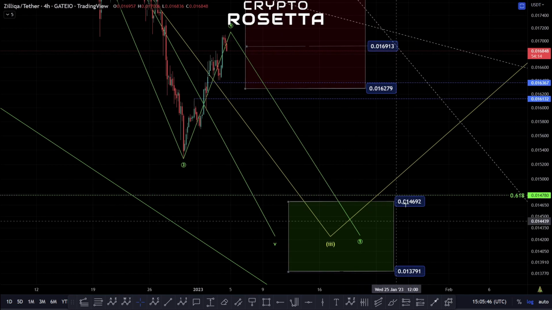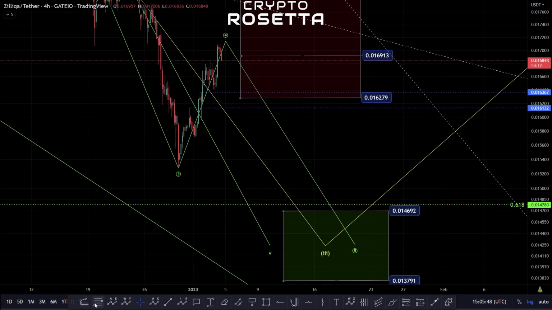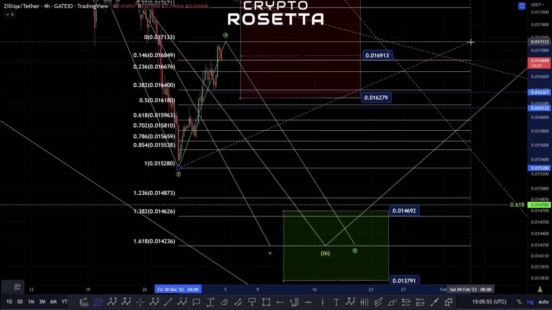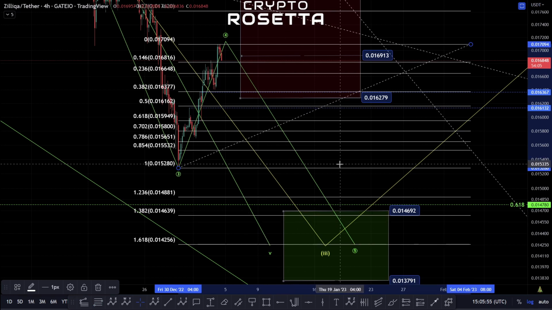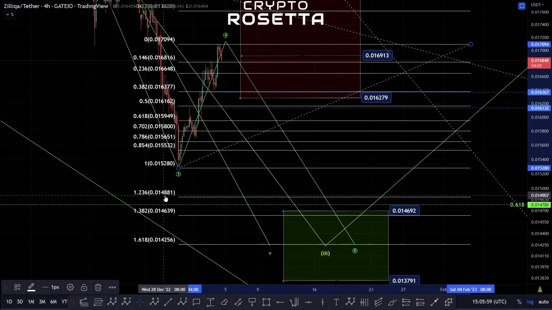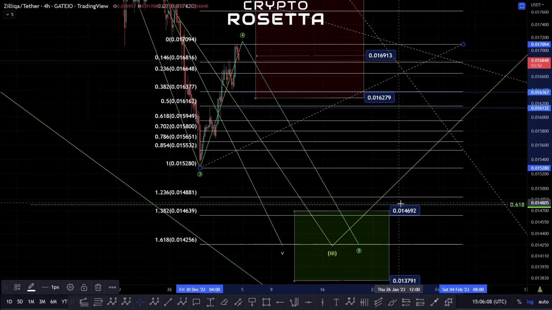So if we do look to break down, this is the target area that I'd be looking at. This is probably adjusted slightly because I think I worked this off of the 0.382. So let's have a look. So if we do actually just have a direct sell off from here, the area I'd be looking for is this 14881 to this 14256. Breaking down into this zone would actually indicate a completed fourth wave, and then we would